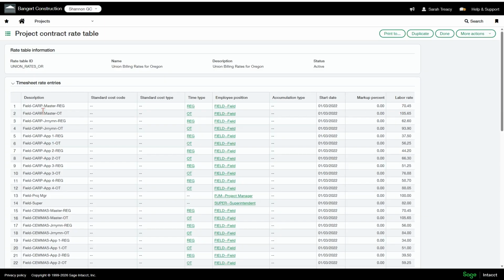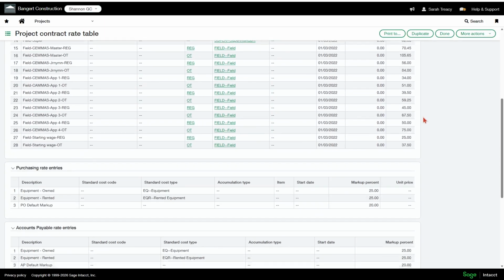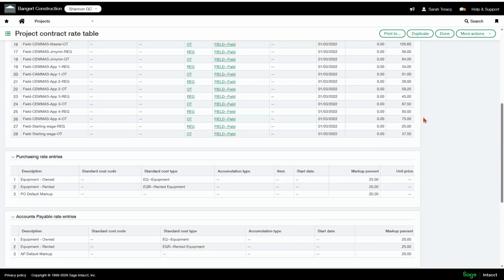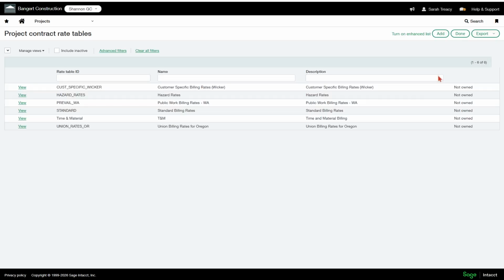If it's overtime for my carpenter, it's $105.65. There are different things that you can do. So play around with your rate tables and get them into the system. Obviously, if they need to be at top level, put them in at top level. If they need to be at entity, then put them in at entity. Once they've been saved, and you go into your project contract lines and you're setting up the time and material lines, once you flick it over to T&M, it'll give you the option to pull in those rate tables.